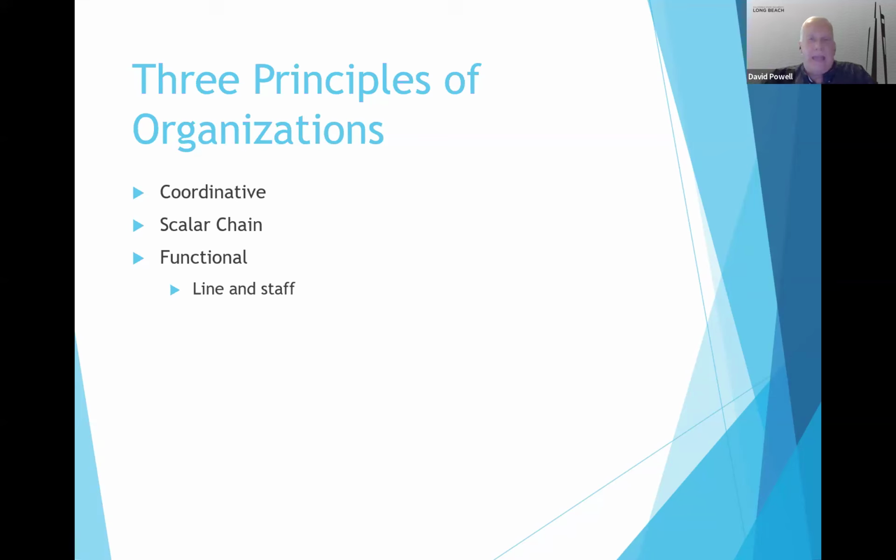Then you have a second category of employee, which is a staff employee. A staff employee is an employee who is providing the resources that are necessary for the line employee to do their job. So if you have a position that is a finance manager or a budget manager, they may not be interfacing directly with your clients, but they are providing the resources that are necessary for that line employee to go out there and interface and provide those types of goods and services.